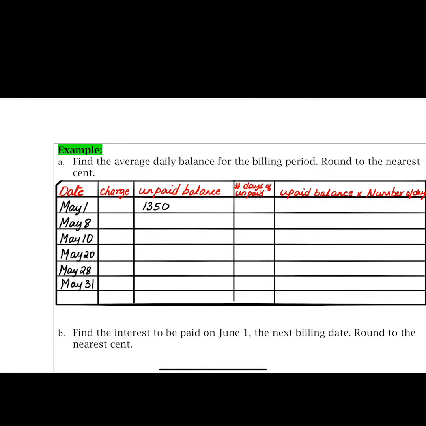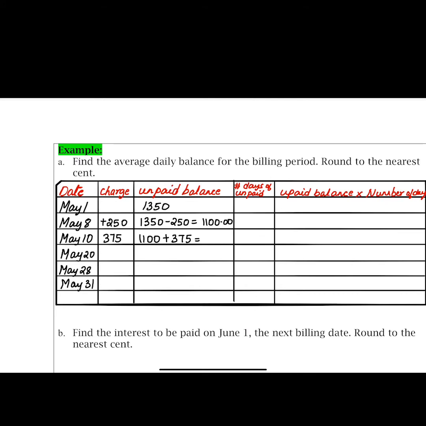May 8th, he makes a payment. So he makes a payment of $250. So when you make a payment, what happens? Automatically, the payment gets deducted from your unpaid balance. And what do you have now? You have $1,100. You have $1,100 of your balance. And then you decide to go ahead and charge $375. So this charge gets added to your $1,100. So now you have $1,100. That's a charge, right? Plus